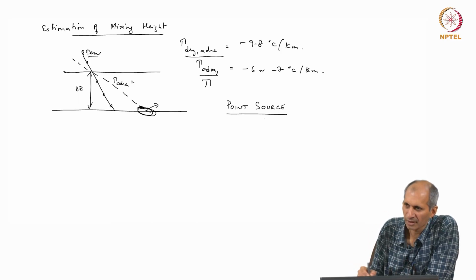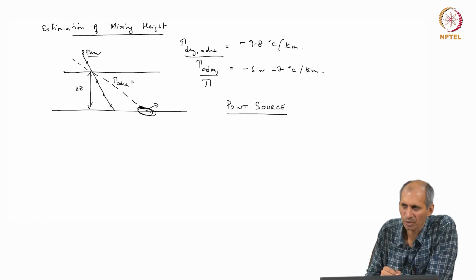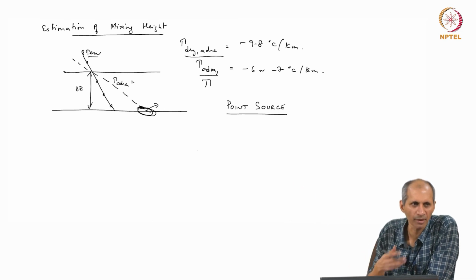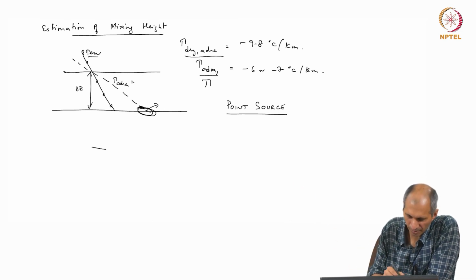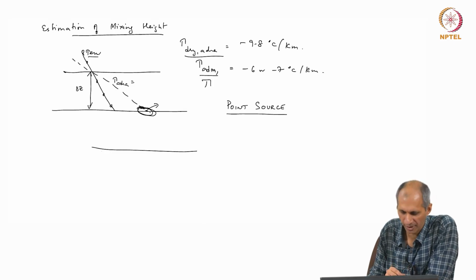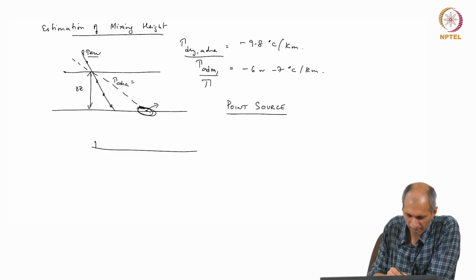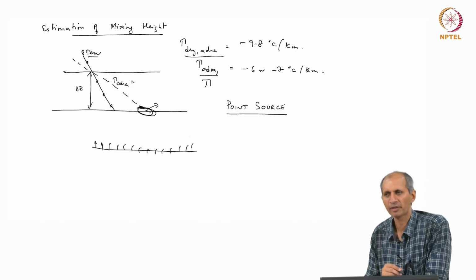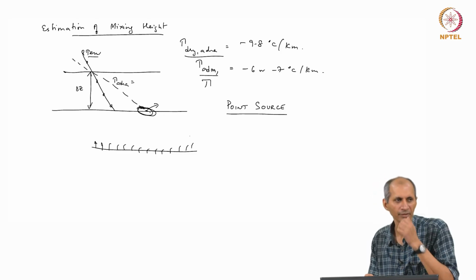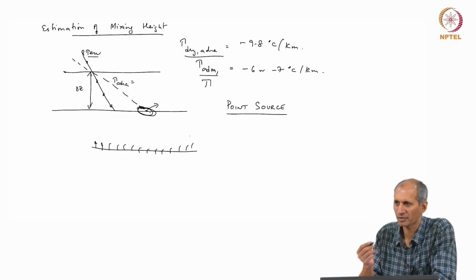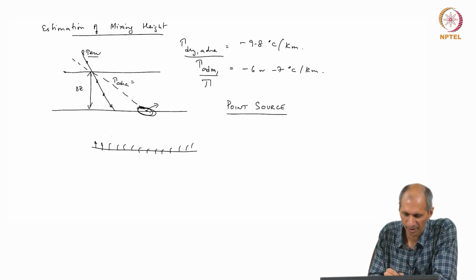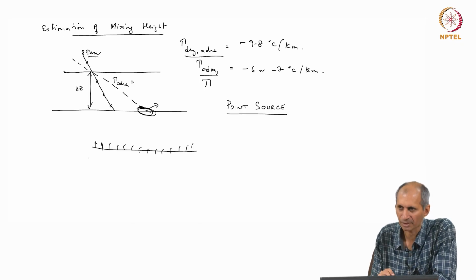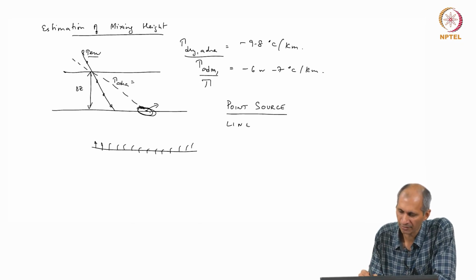But if you look at some other kind of sources, look at a road for example, it is a long road, a lot of vehicles are moving around. Okay. So, if you are looking at a map, the road is a line and there is emission coming at each point in the road. The amount of emission depends on the number of vehicles that are moving and the emissions coming from each of these vehicles. So, there is an overall emission rate that is coming from this entire line source. Okay. So, these kind of sources are classified as a line source,